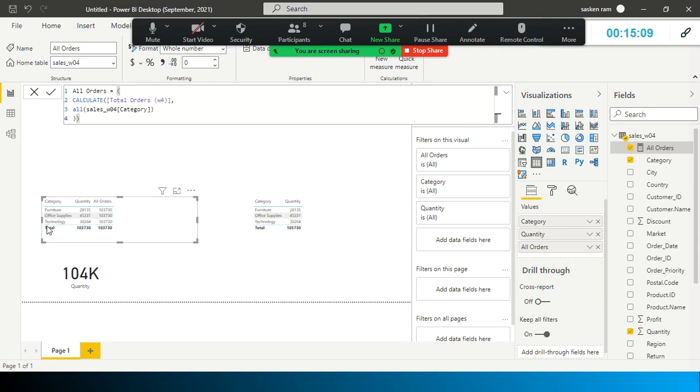Similarly for office supplies and technology, since we have this total value available row-wise, we can easily compute that. But unlike Excel, we cannot simply divide each and every value in a straightforward way. So we will have to use a filter.